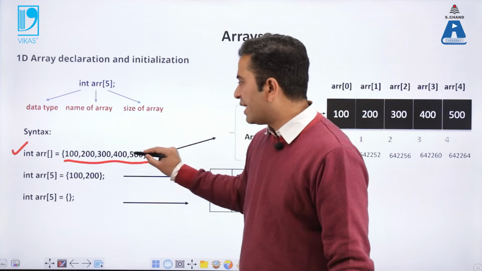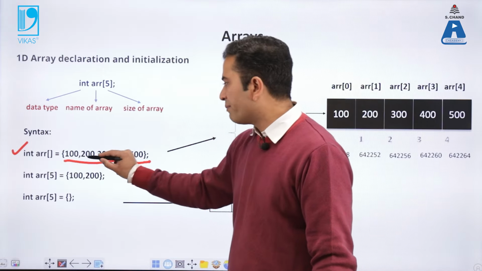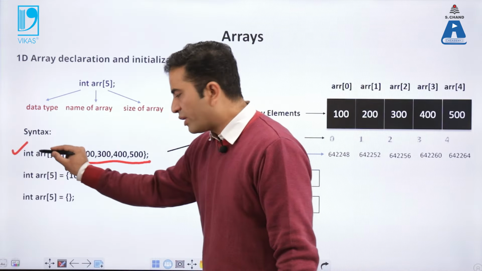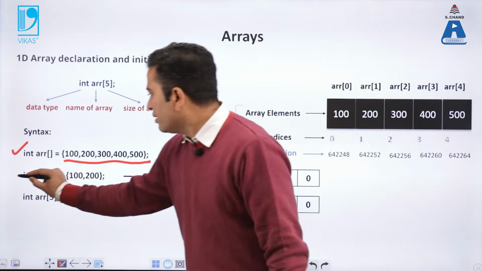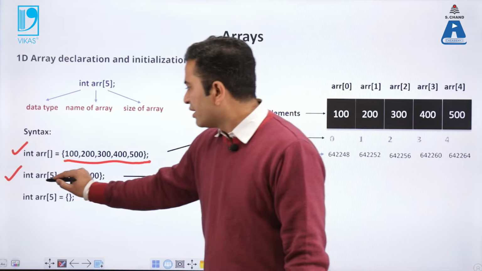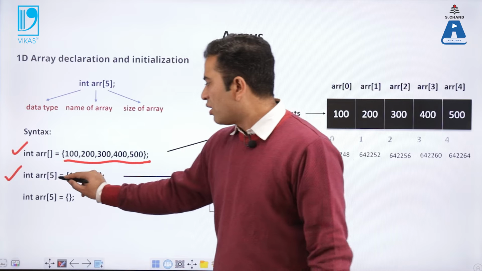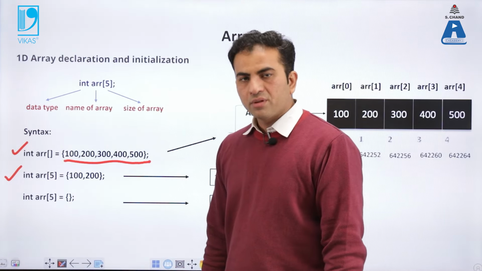If these numbers are 10, then my size will be 10. If my numbers are 20, then my size will be 20. This is one type of declaration. Then another type of declaration is like this, int arr[5], that means memory of 5 is allocated,